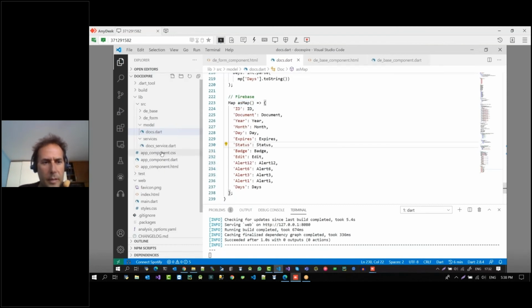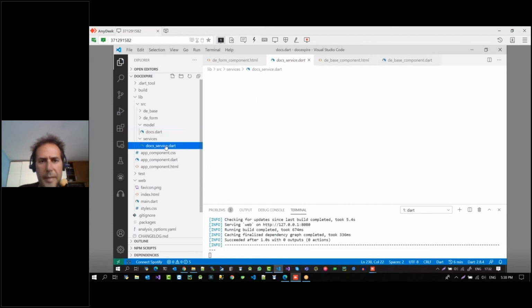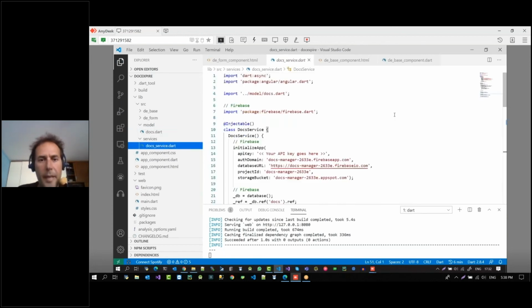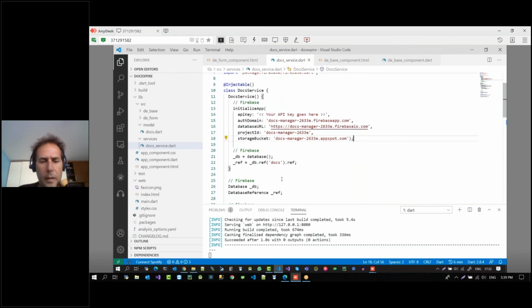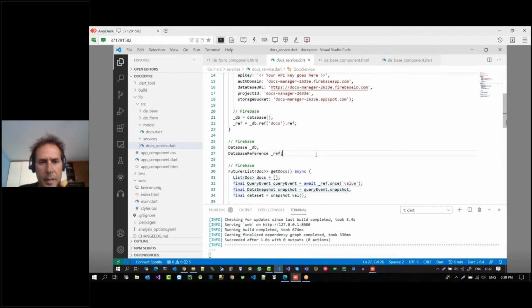So if we look at the service, this is basically responsible for talking to Firebase. We define our Firebase API here. We say which is our Firebase application's URL, where the database is stored. And obviously we have a project ID and a bucket where that JSON information is stored. So we define these parameters here, and we say that our database in Firebase is going to be called docs. We initialize that, and then this function is responsible for